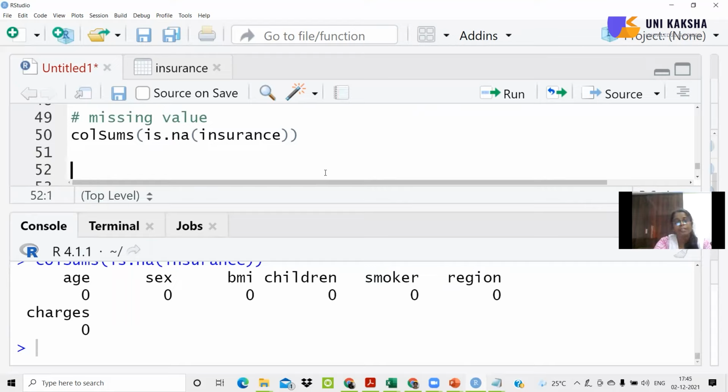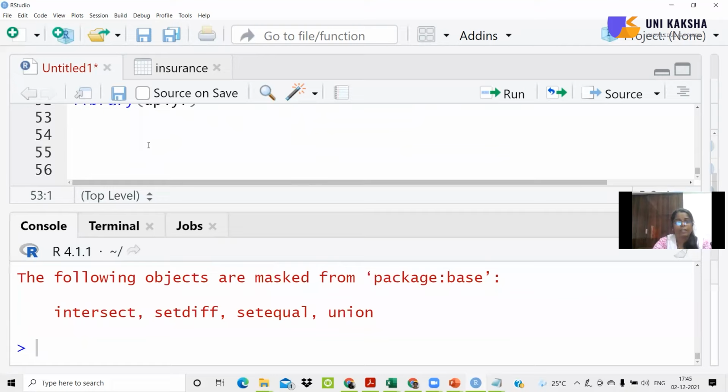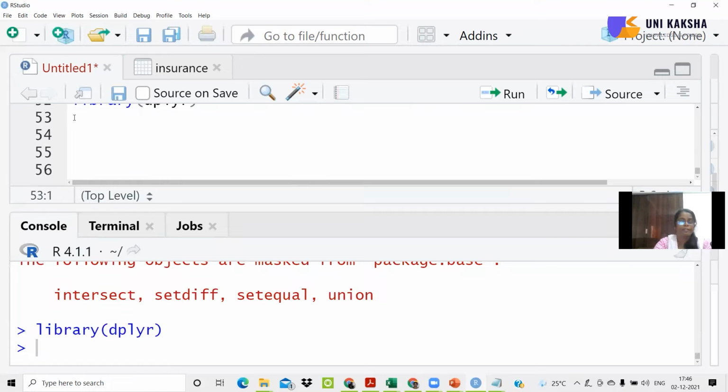Now suppose I want to check whether there is any outlier or not in numerical columns. So first I need to check which are the numerical columns that are given. So for that reason, I'll take the help of dplyr. I'll first call the library dplyr. And here, I'll simply find out the numerical columns.